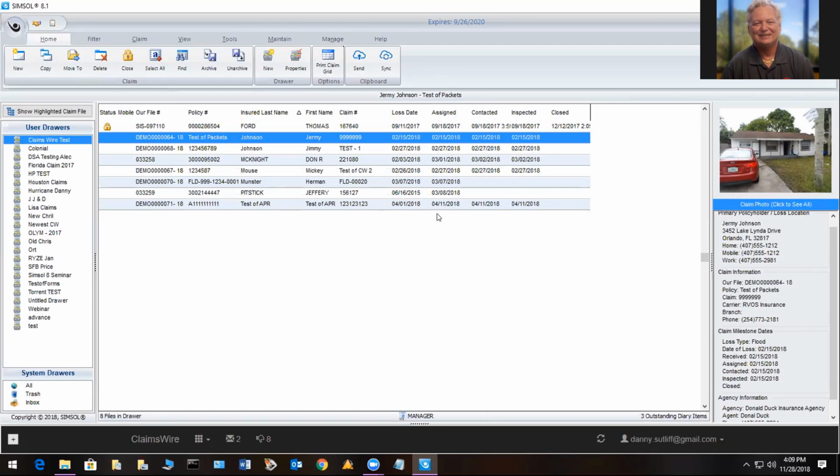All right, so that is setting up your drawers and also redoing your claims grid if you want to, and when you're in the claim, then you can pick the photo, which is kind of nice to have associated. So that's neat. All right, so the next thing that we want to do in tips in organizing is